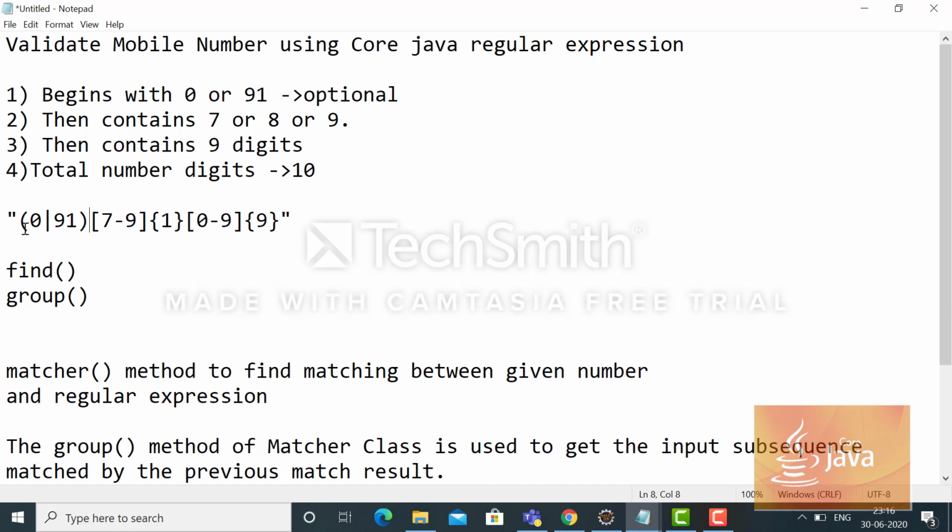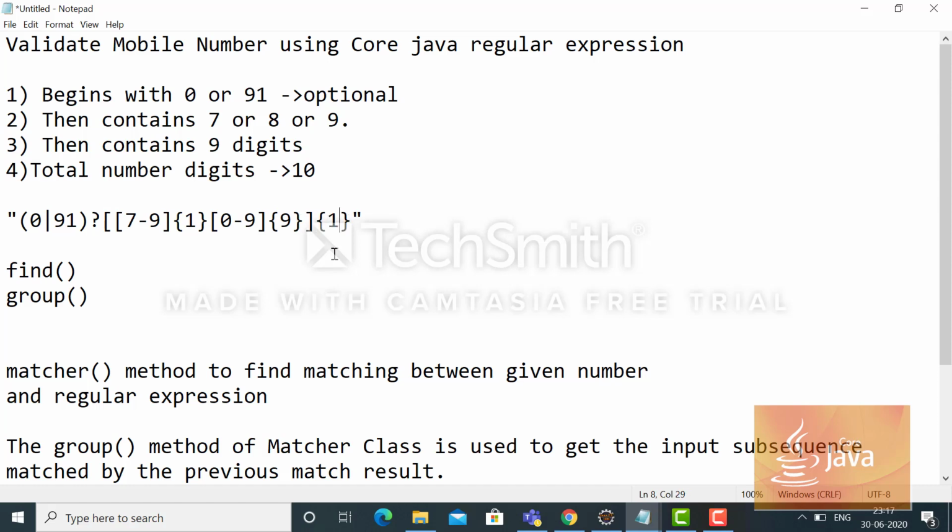Another thing I forgot to mention: there is a condition that the 0 or 91, the leading digit, might be optional. If anyone wants to put a leading 0 in front of their 10-digit mobile number, they can put it or they cannot. In regular expression, if I want to make any pattern optional, then I have to use the interrogative symbol, the question mark. But for the rest of the digits, here is 9 and here is 1, the total should be 10 digits. So I can put it this way also.